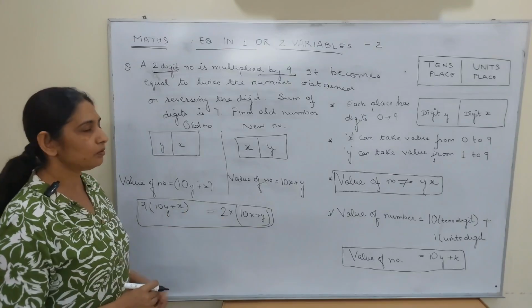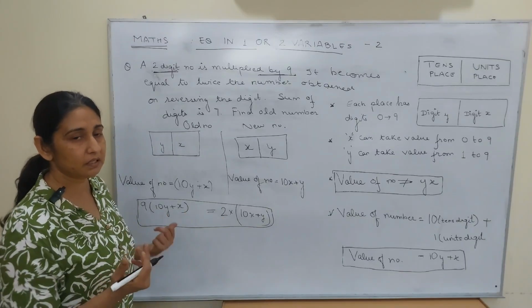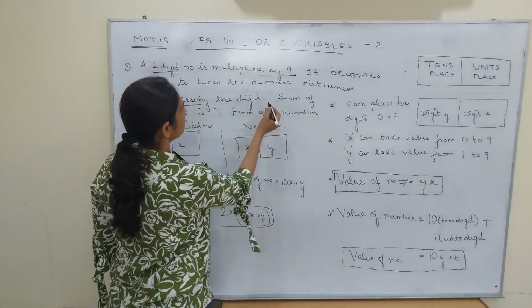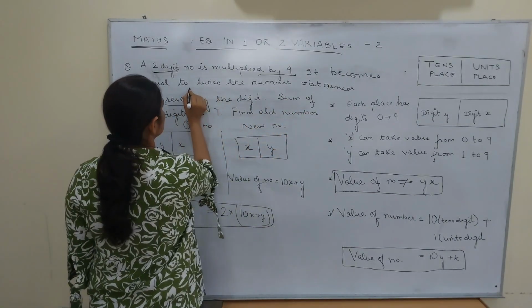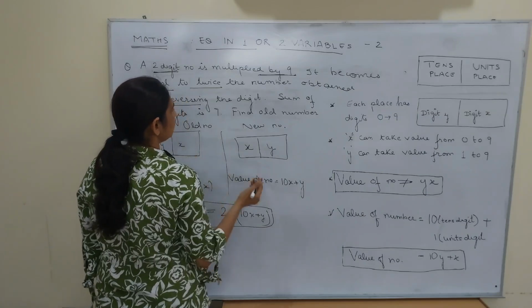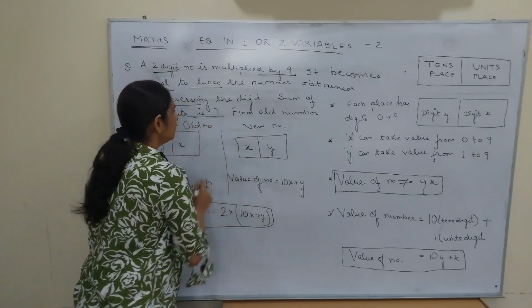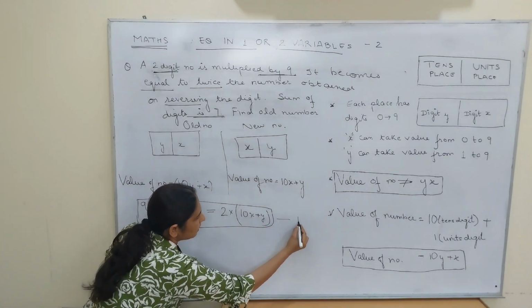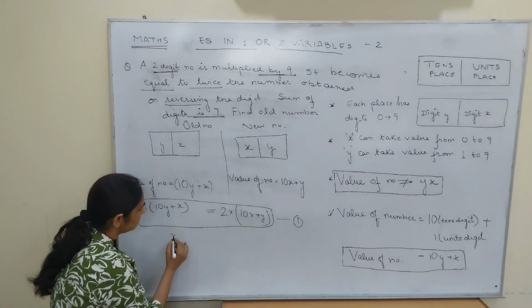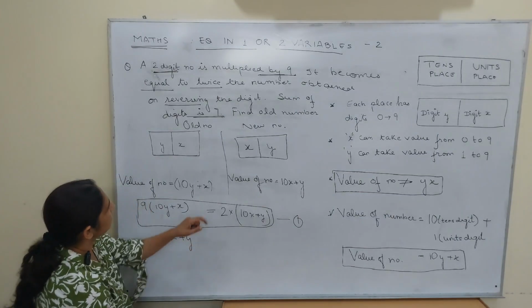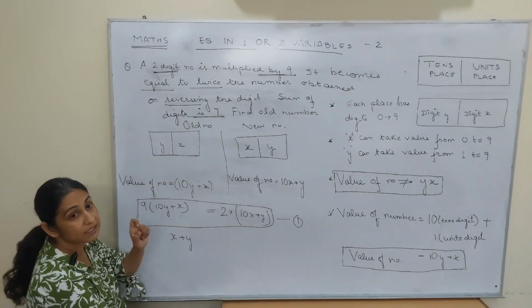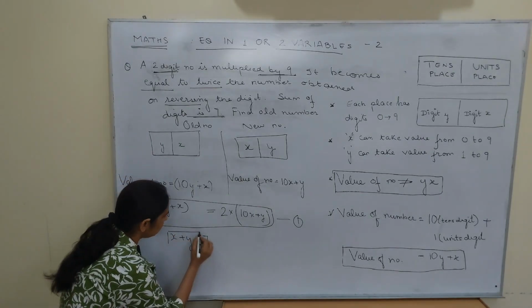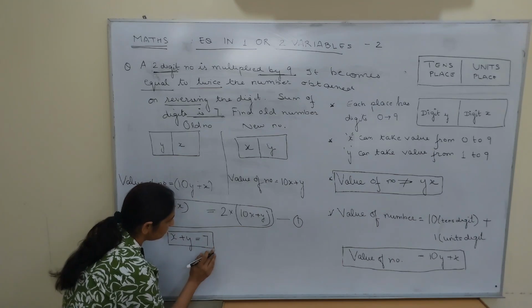Okay. Now, but there are 2 variables, so you need 2 equations. Where is the second equation? What have we not used? We have used reversing, we have used twice, we have used equal. What is left? 7. Sum of digits is 7. So this is the first equation that we get, and the second equation we get is the sum of digits. What were the digits? They were x and y. The sum of digits is 7. So this is the second equation that you get.